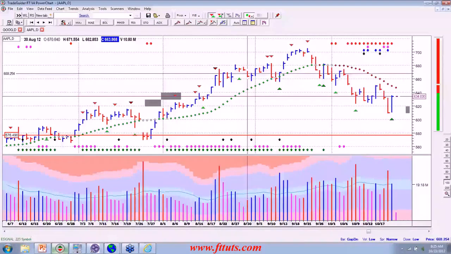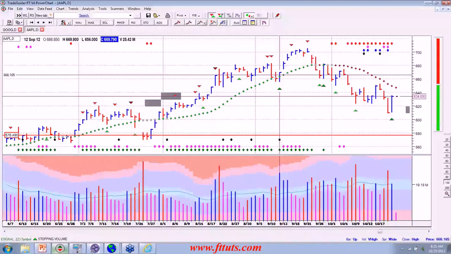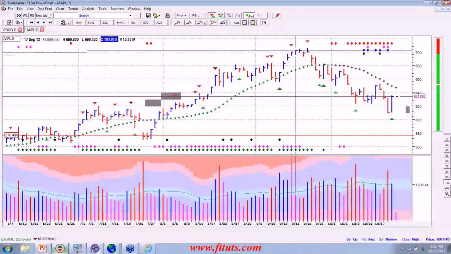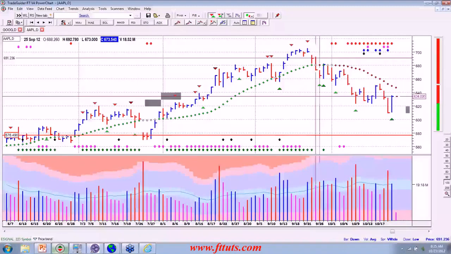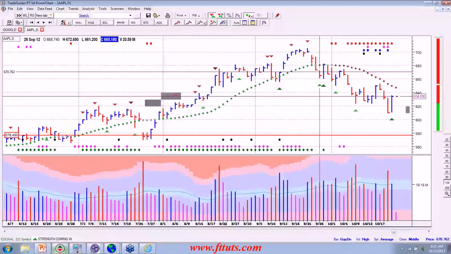Then you get the 3rd down bar. That's where you would start to watch your stop. If that next bar had closed down, you probably would have come out of the trade, but it didn't. It closed up. Up, up, up, up, up. Then we get some more signs of weakness at the top. And on this 3rd down bar here is where you close your trade, because you've had 3 consecutive down bars,